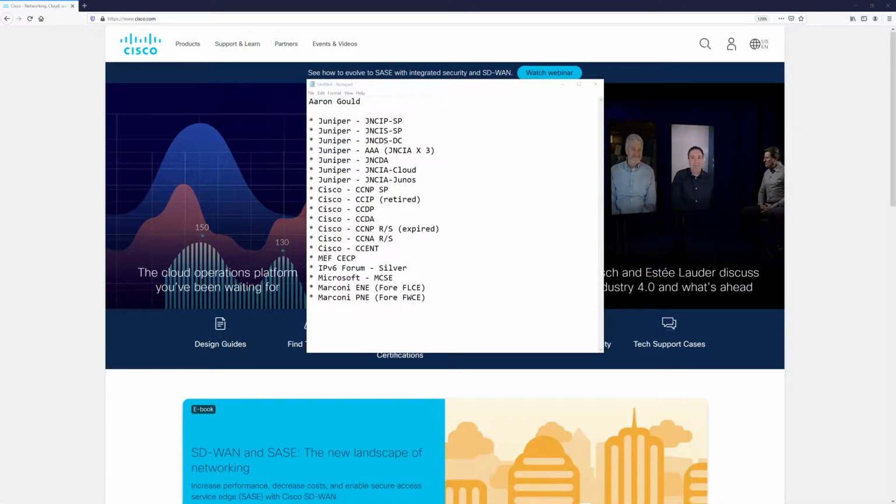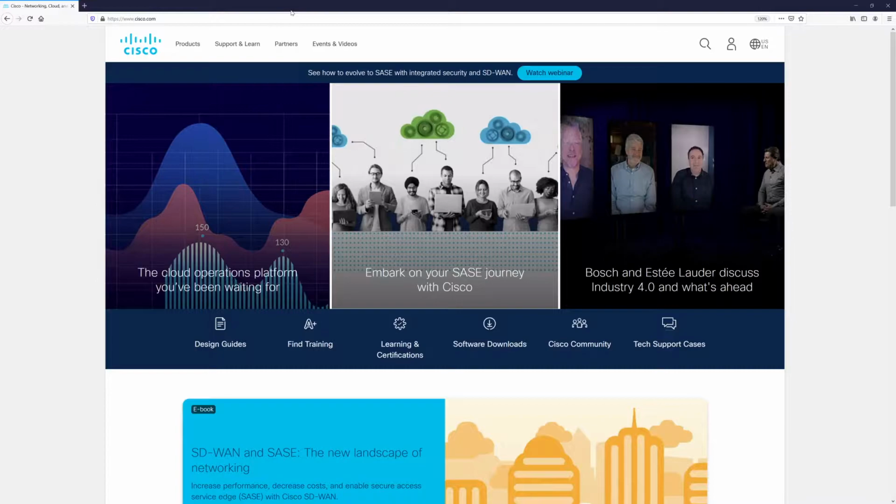First of all, this is me. These are some of the certifications, not some of, these are all of the certifications pretty much that I've gotten over the years. There's the Juniper ones that I've gotten. Here's the Cisco ones that I've gotten. Some of them were renamed. This is the old service provider CCNP. It's retired. Now it's called this. And so also Metro Ethernet Forum and a few others. So that's me. And here is the CCNA